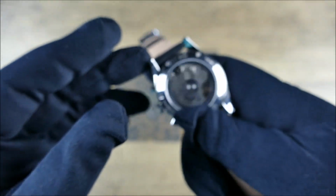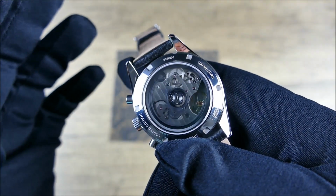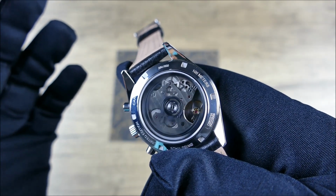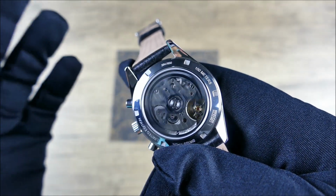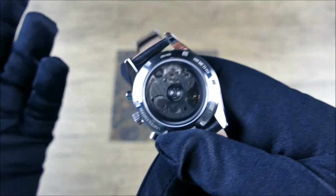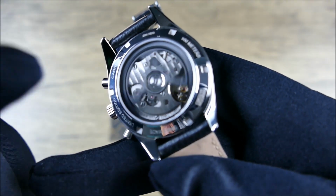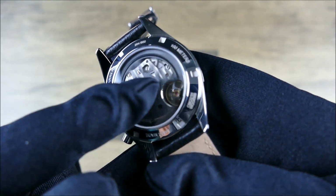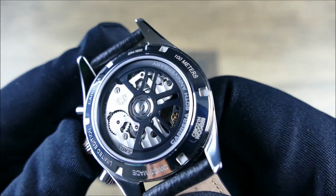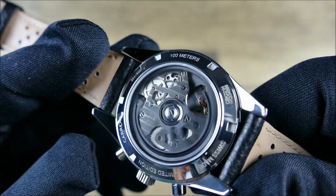And there's one of the things where, let's say you gave a little shake, you are going to feel a little bit of that movement, similar to, let's say, a Valjoux based movement. But at the end of the day, some folks do like feeling their watch be alive, right? Being mechanical on their wrist. But I will say that that is something. Of course, it's not winding when it's going that direction. It winds when it goes the other direction. But very nicely finished, guys. You can see quite handsome